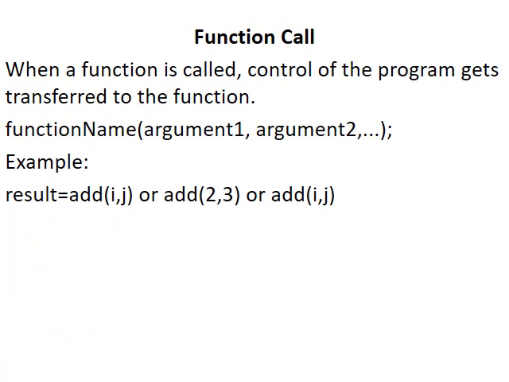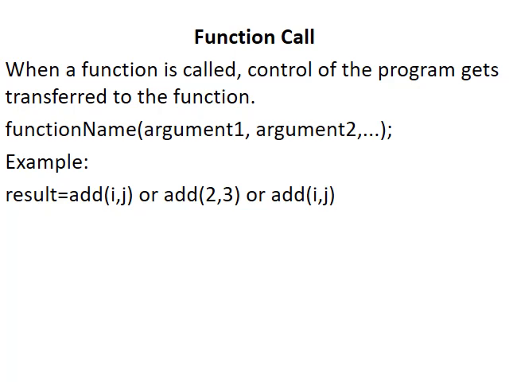Next element of user defined function is the function call. Now we have already declared a function, we have defined a function. Now we have to see how to call the function. So the format is function name and we specify the arguments. So function name, argument 1, argument 2, it depends on the number of arguments a function can take. Now we have already created a function, that is add. We have declared it, we have specified that it takes two inputs a and b which are of integer type.